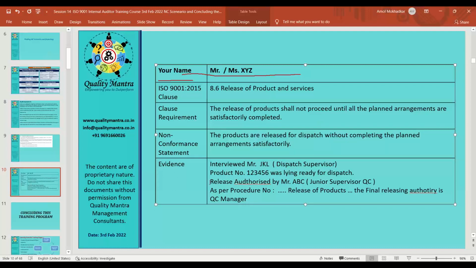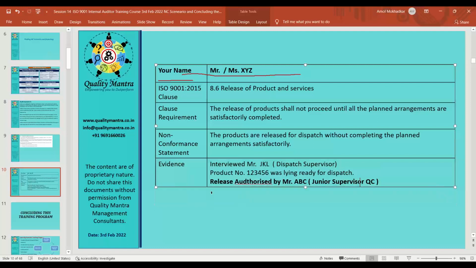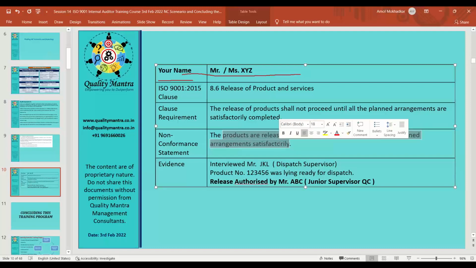arrangements. You are saying कि release किसने authorize कर दिया? इन्होंने किया. But still अगर आपने सिर्फ इतना ही लिखा और ये नहीं लिखा, if you have not written this one, then your evidence is not complete. You are saying कि release is authorized by this person. Okay, release is authorized by Mr. ABC. So this is not the non-conformance कि ABC ने कर दिया,